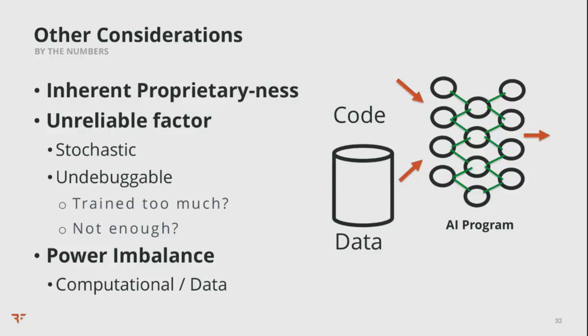Right. Also, if you're the sort of person who cares about free and open source software, this should also sort of worry you, in that the program behavior is not debuggable. It's not reversible to any original form. Even if you're given the entire set of data that the person trained on and the source code, you can't combine them to create the same program. It's just stochastic, which is fancy math terms for random. And so that's also an inherent problem. So what does it even mean to have an open source AI program? We should start having a conversation about that.